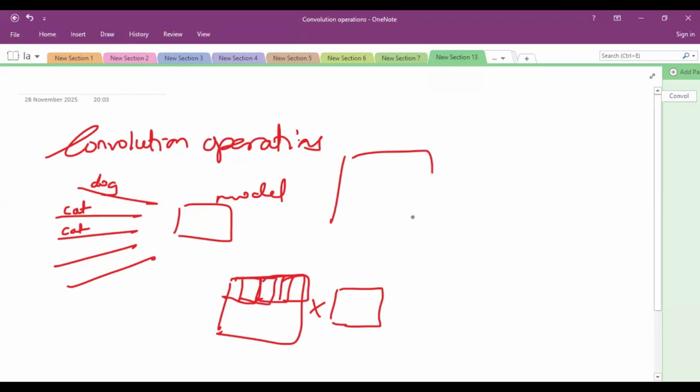Let's say this is a 250 cross 250 matrix, and there is a convolution matrix or filter matrix of order 3 cross 3. So this part of the matrix can be multiplied with the 3 cross 3 matrix. When we multiply such matrices, this is a kind of filter which